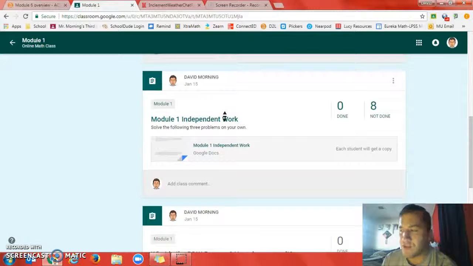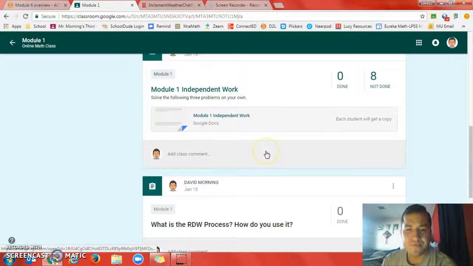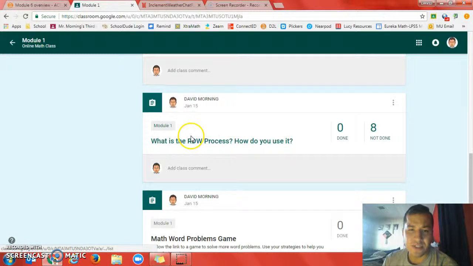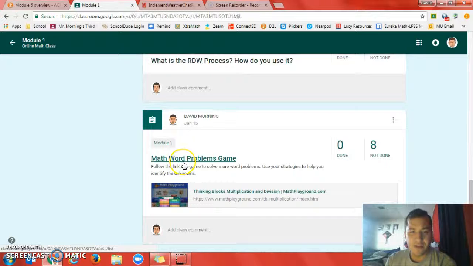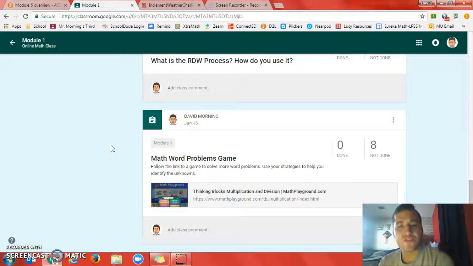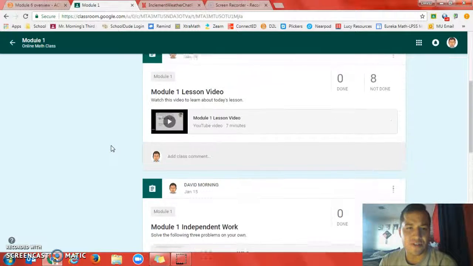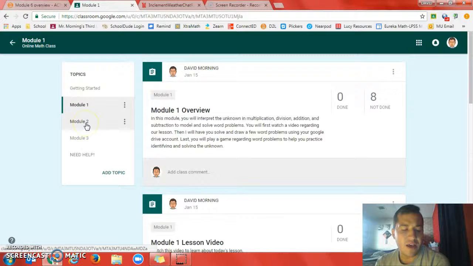Then after they do the video, they have independent work. After the independent work, there's a discussion post. And at the end, there's some type of activity or assessment that I would like the students to complete. Module 1 are just word problem games that focus on practicing what the students have already been learning